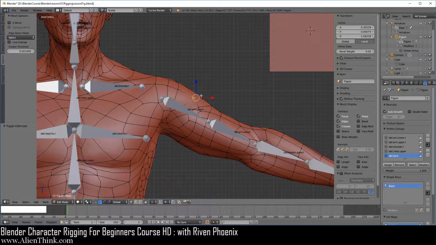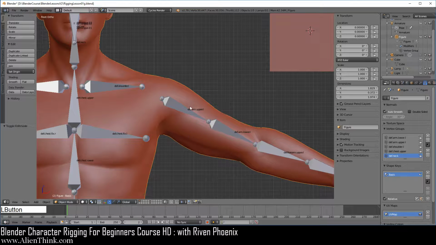If you go to edit mode and click over here on this vertex, right, basically the way this works is that the vertex groups that we have created are actually named internally 1, 2, 3, 4, 5. This is an example. Okay, but the actual name of this vertex group, Blender keeps it in the object data block. Okay, now we can prove this because if we switch over to object mode over here, click on this data and now switch back to the cube, notice what's going to happen.